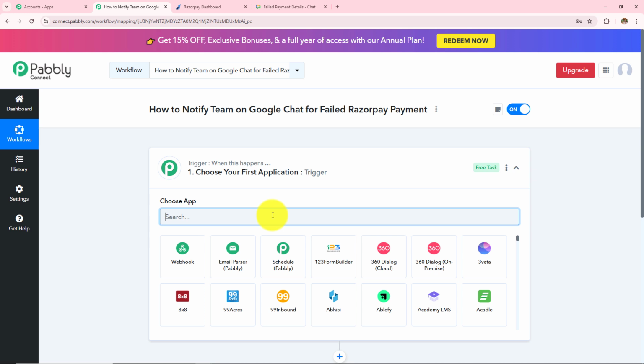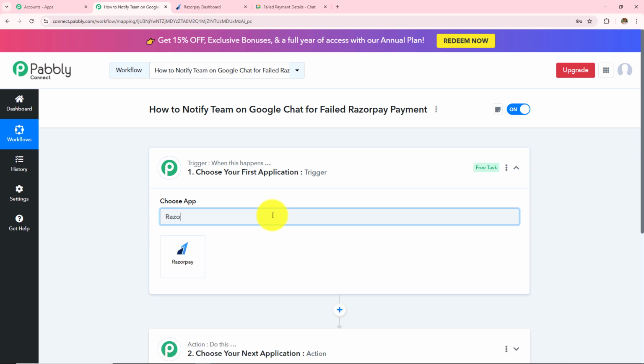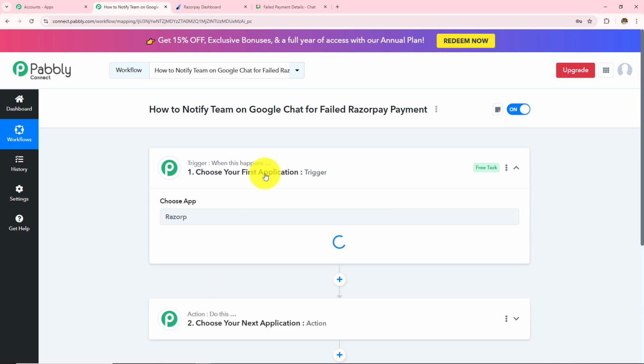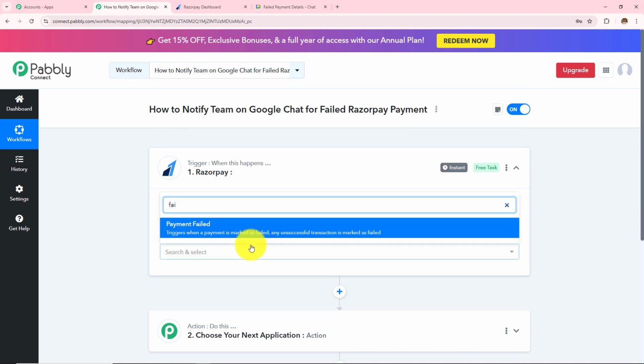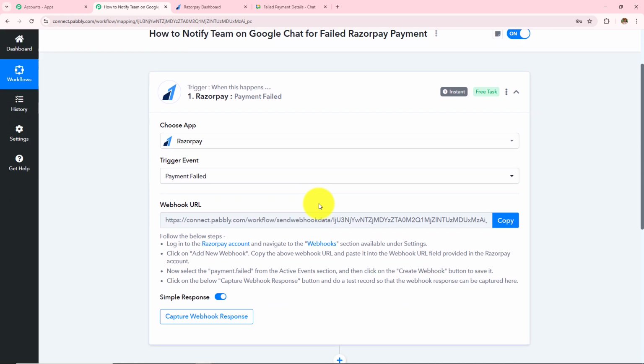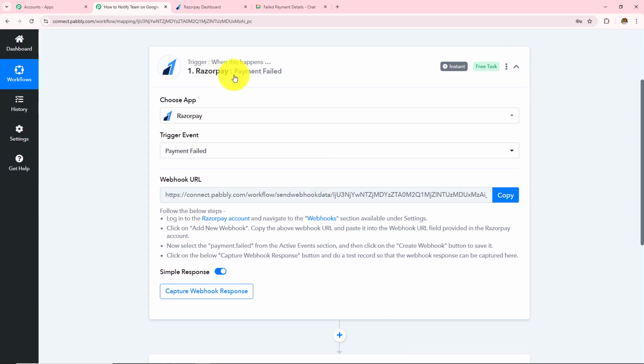So here in my trigger application, I am going to take Razorpay and then in my trigger event, I am going to take payment failed. Now I have to make a connection between Razorpay and Pabbly Connect, for which a webhook URL is provided to me, and this URL is going to act as a bridge to connect my Pabbly Connect with Razorpay. So here, reading this help desk, I am going to make this connection,